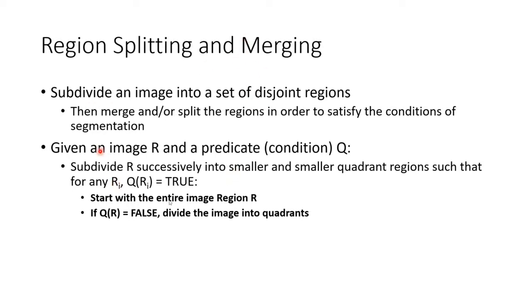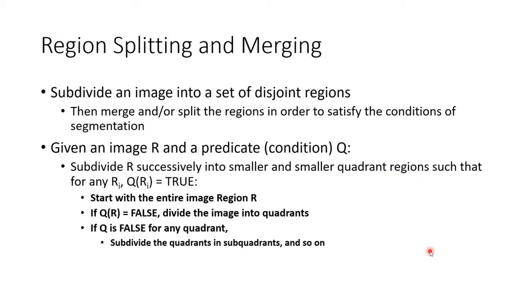Imagine that this slide is the image that I want to subdivide. I'll divide it in the middle horizontally and in the middle vertically, and get one quadrant, another quadrant, another quadrant, and another quadrant. Then each one of these quadrants, I'm going to subdivide into subquadrants, and each of those into sub-subquadrants, and so on. If the criteria is false for any quadrant, then you keep subdividing it into subquadrants, and this